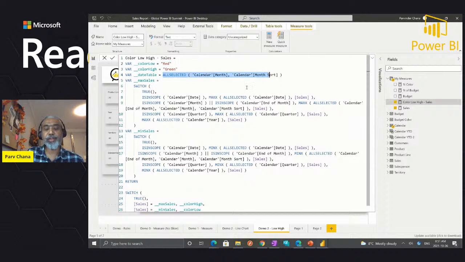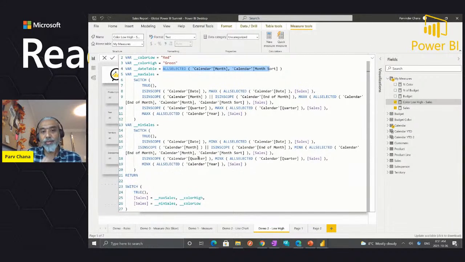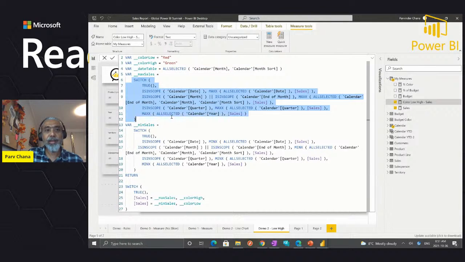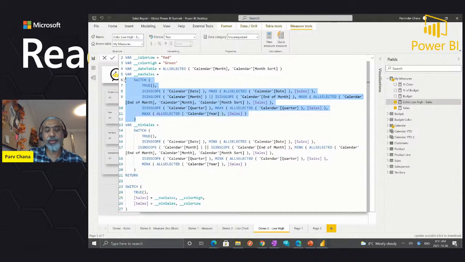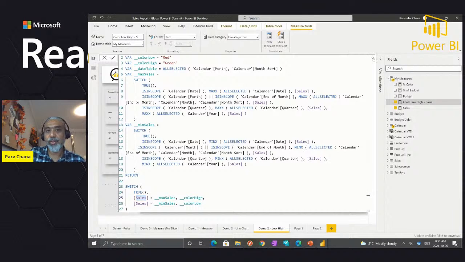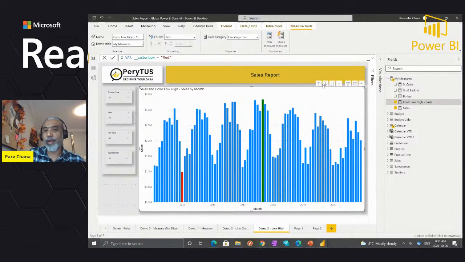Based on that, across all the sales, whatever period I'm looking at, I'm getting the maximum sales and also the minimum sales through this DAX code, and then I'm comparing my sales with the maximum sales. If it's the maximum sales, then the color is green. Otherwise, it's red. So it doesn't matter what level I'm looking at.